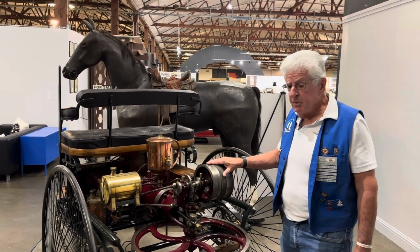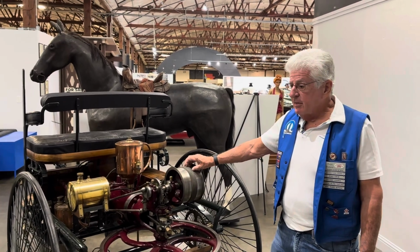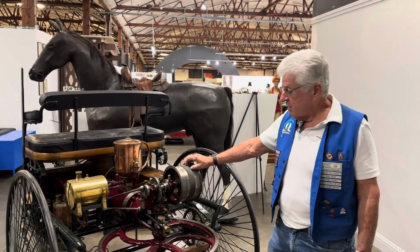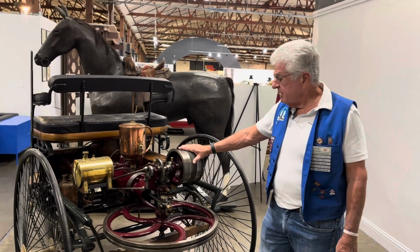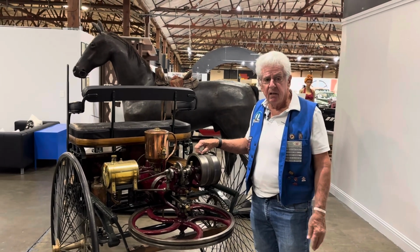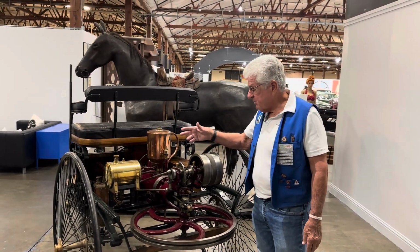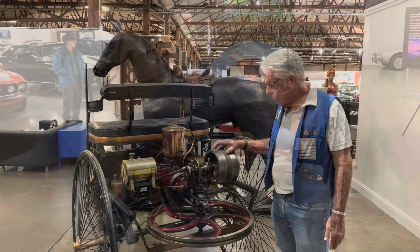Our pit crew, who's a group of guys that are very good mechanics, spent a lot of time trying to get this car to run, and they determined that the type of fuel that would work is, believe it or not, a camping lantern fuel. And that's what's being used here, and you'll see a video of the car actually running through the